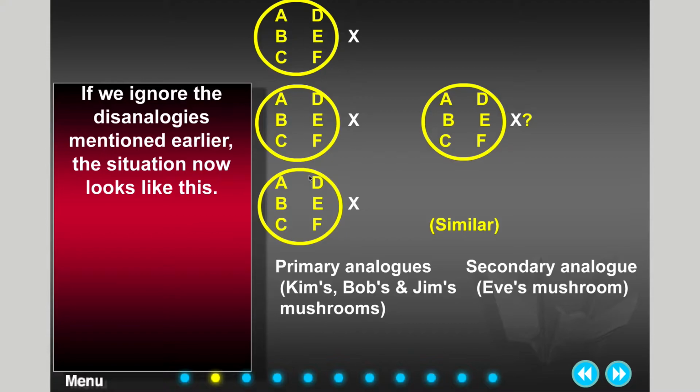So the more primary analogs that have these attributes, the more likely a secondary analog is going to have that attribute. Sorry to speak in the sometimes obtuse language of the chapter, but basically, the more examples you have that are similar to your own, and the more of those attributes that are similar, the more likely it is B.